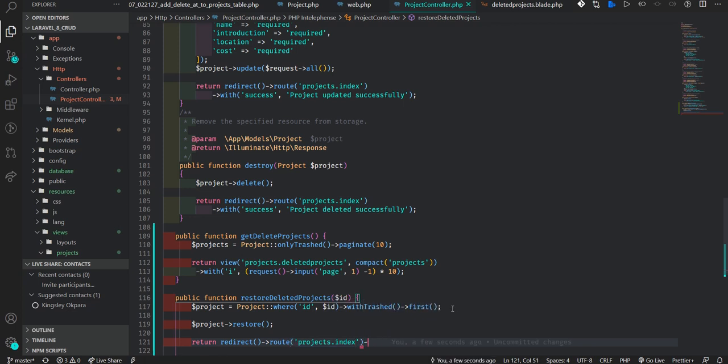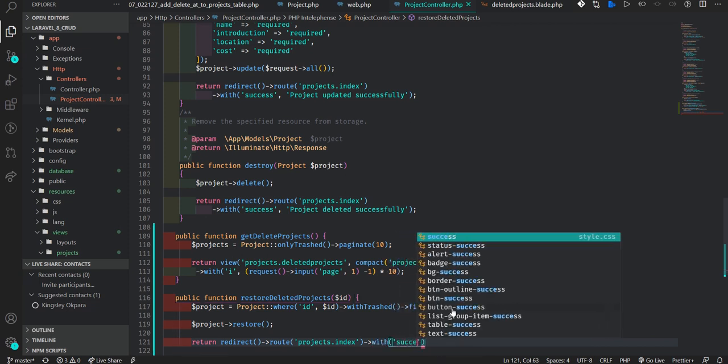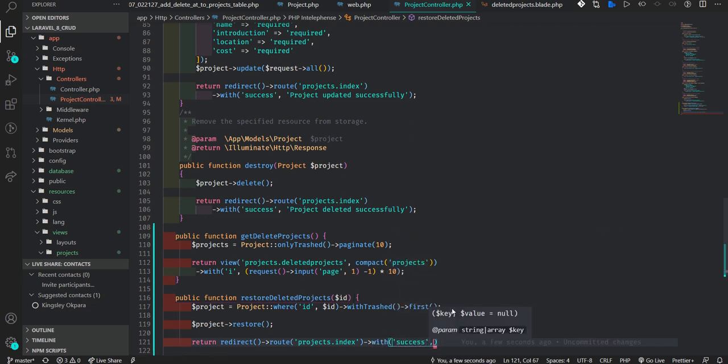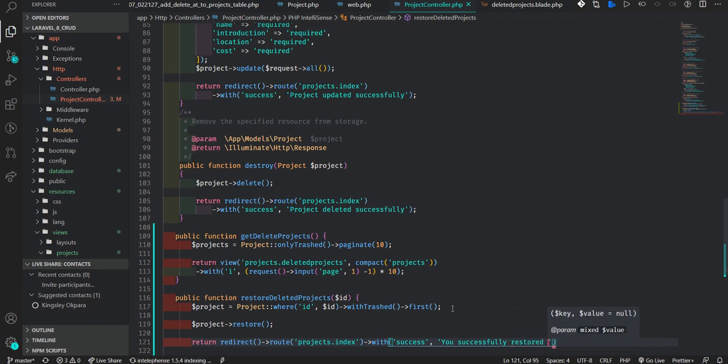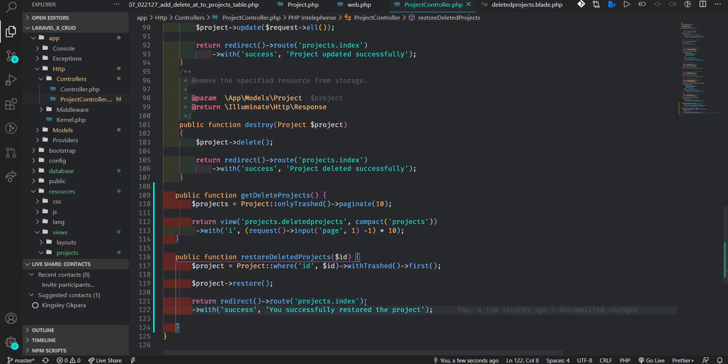Click on that. If everything goes fine, it's going to return a success for us. Once it returns a success, we say you successfully restored the project. This is the message that will display to us. This success will appear as a green icon up. Now let's bring it down so that it will look neater.